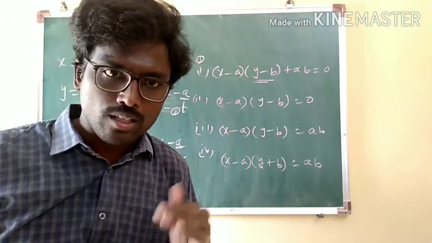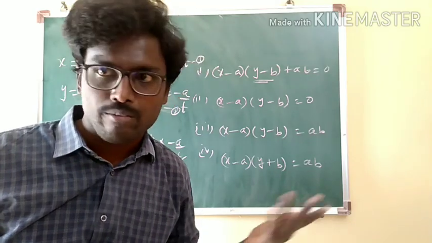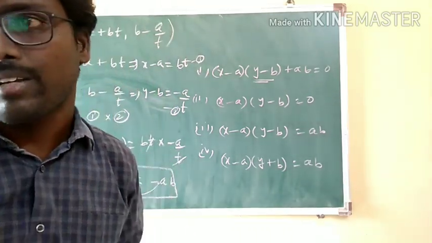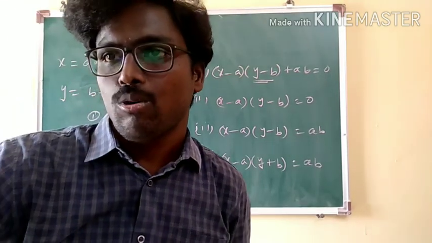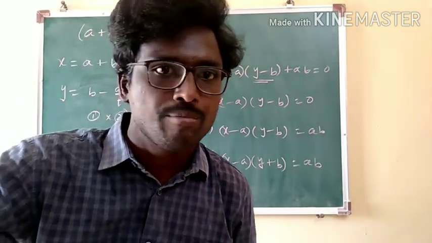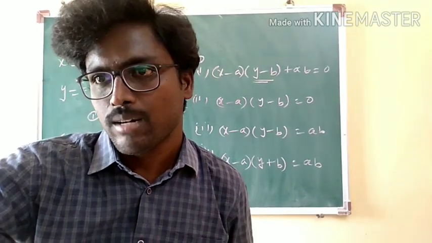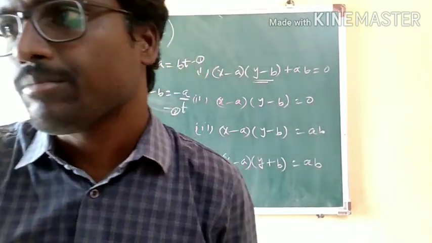Okay, you have to think logically and you will go ahead. Here, on multiplying the two expressions we can eliminate t. That's the reason I have multiplied, so that I got the equation of the locus as (x minus a)(y minus b) plus ab is equal to 0. So the first option we have got here. Fine.